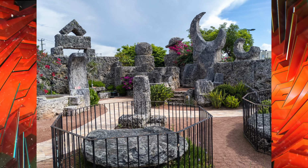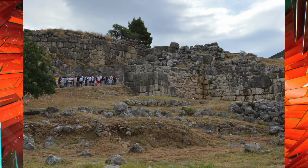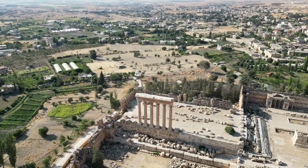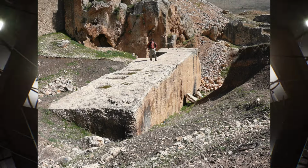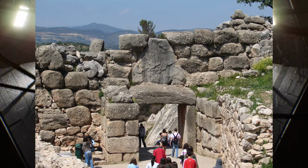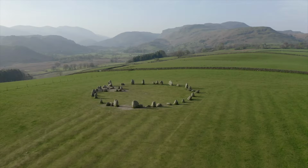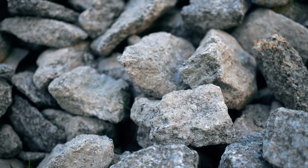The same kind of huge megalithic construction like the Sacsayhuamán stones can also be found in classical Greece in the Cyclopean walls and the stones of Baalbek in Lebanon, where some of the stones weigh over 1,000 tons. All these structures, as in with stone circles and stone temples, were built with limestone, granite and sandstone because these stones are electrical conductors,